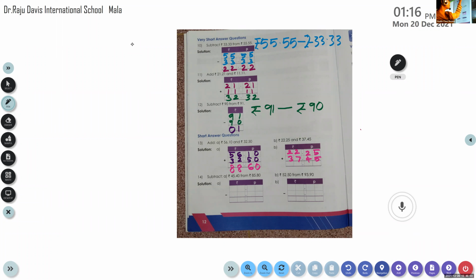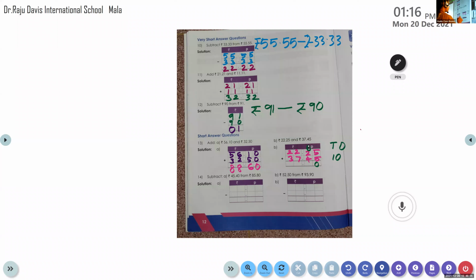Advaita PS, you got the answer? No, ma'am. Okay, do it. See here at one's place, that means paisa. Let's add paisa. 5 plus 5. What is the answer of 5 plus 5? 10. So we are getting the number 10. So this is tens and ones. So ones place it is 0. That we can write here. The 10 we can move to the tens place. So here will come 1.